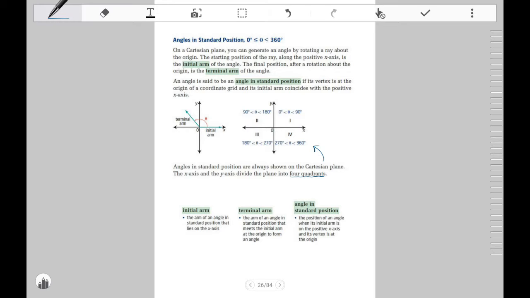We need to know the names of these quadrants. We start with the top right corner as 1, the Roman numeral for 1. And then we just go counterclockwise, so 2, 3, and 4. We'll need to know that in different examples. So turn the page